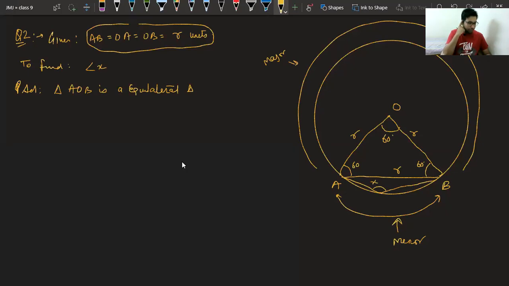Okay. Then we have to understand this angle is the area of concern for the major arc. So we have to first find what is the angle made by the major arc at the center. To understand the value of X, we need to find first what is the angle made by the major arc at the center. So please tell me what is the angle made by the major arc.